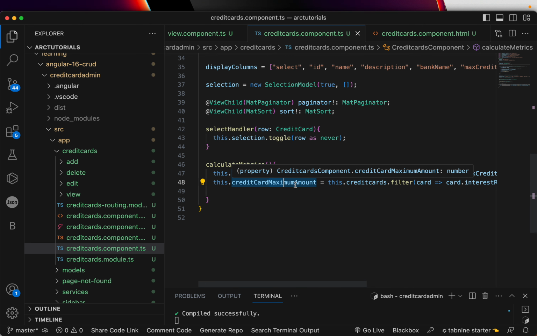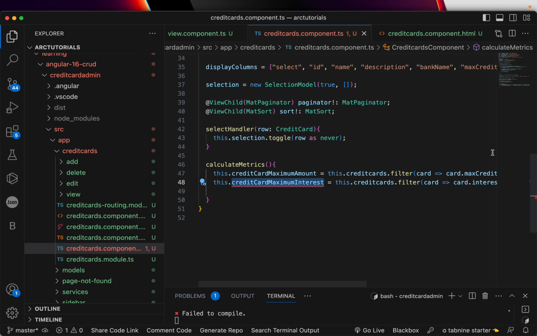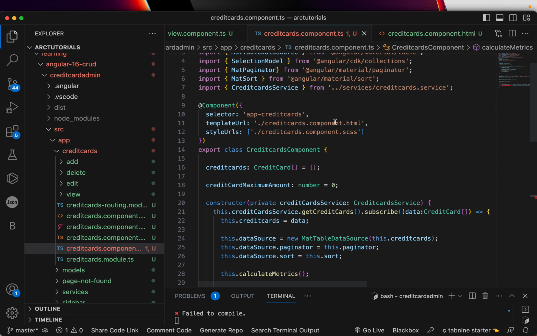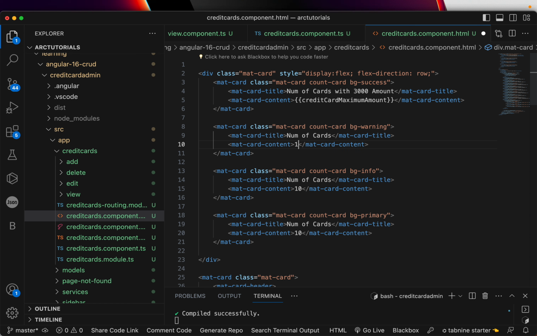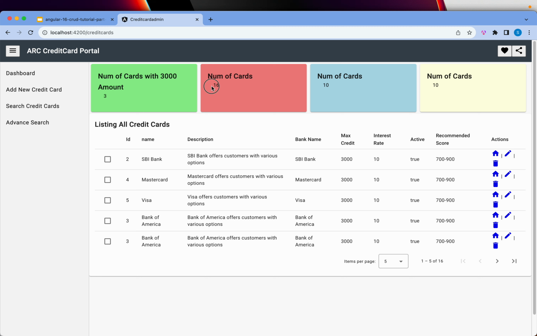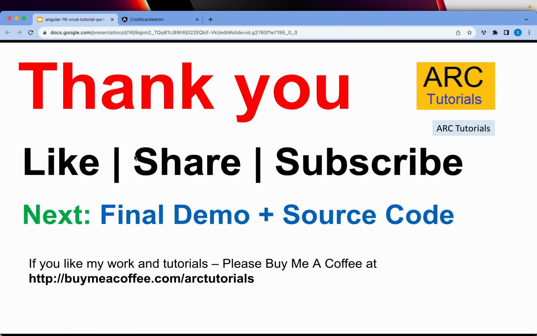Credit card max interest. Define this again at the top in the metrics, and it's a number initialized to 0, and take this and bind it in the template using interpolation, and now you can see total number of cards with more than that interest rate is 16, and so on and so forth. So I will add the rest of the two metrics also, and in the next episode we will conclude